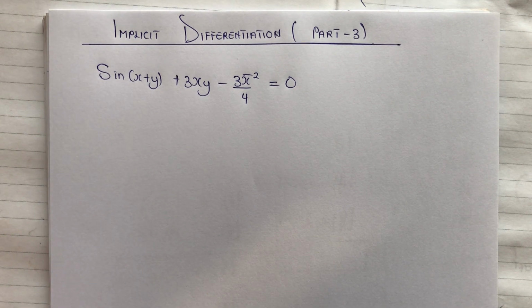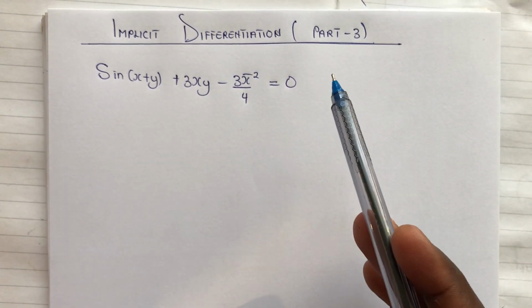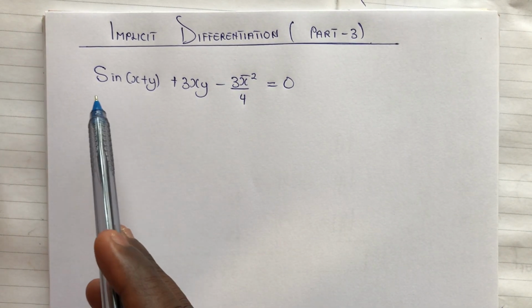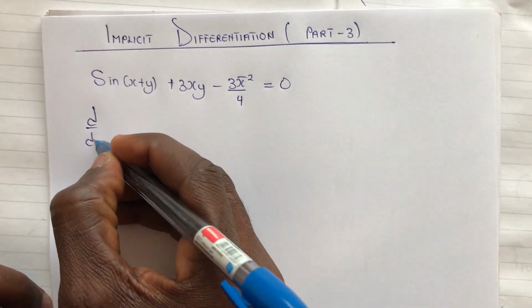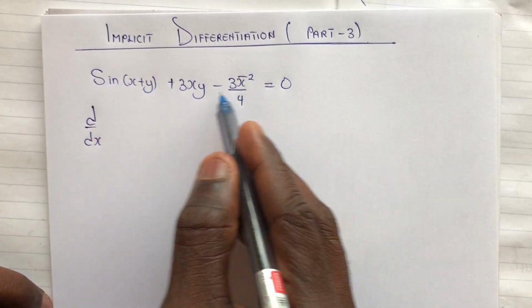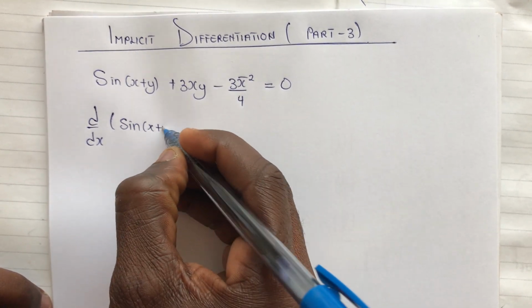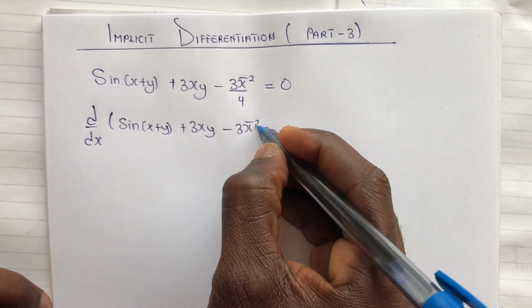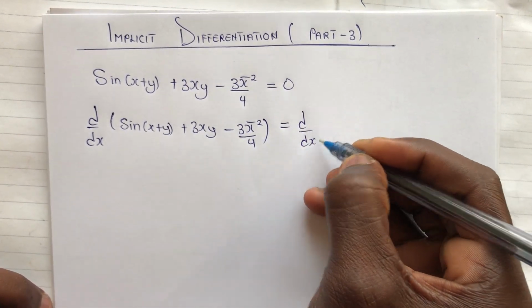So, in implicit differentiation, the first thing you need to know is that you apply the derivative at both sides. We differentiate both sides of the equation. On the right side, we have 0, and then on the left side, we have all the functions there. So we apply the derivative at both sides of the equation by saying d/dx, and because I'm taking the derivative of everything here, I'll put it in brackets. So I have sin(x + y) + 3xy - 3π²/4, giving me the derivative of